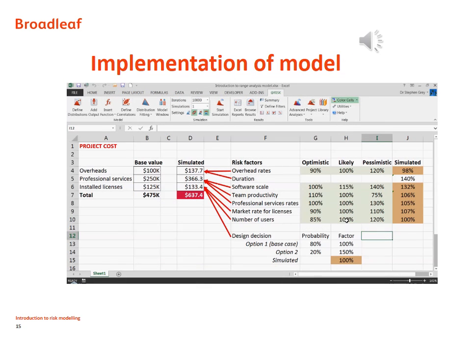Here is a real example of a model implementing what was shown in the preceding figures. On the left, we have the base estimate, just 3 items in this very simple case, and on the right we have 7 uncertainties, risk factors. 6 of them are defined by optimistic, likely, and pessimistic forecasts, and the distributions in these brown cells on the right, which we can see one of here,